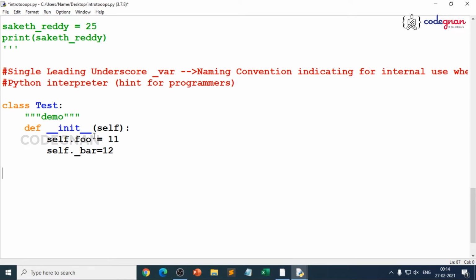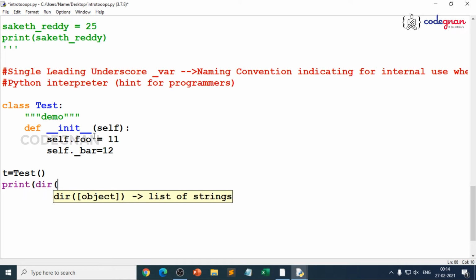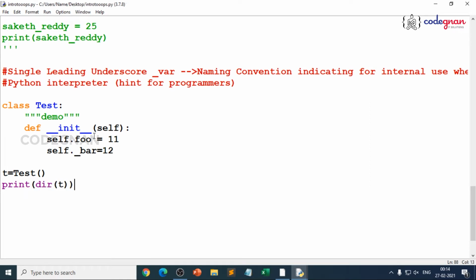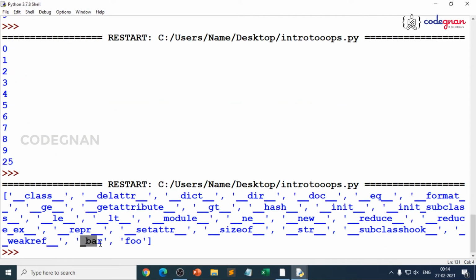So you create an object, that is t is equal to test, and directly you give print of dir of t. You should expect both foo and bar, right? Obviously, underscore bar and foo. There is nothing wrong in that. You get both of them. So by writing underscore, your Python interpreter is not preventing you from reaching into the class, right?